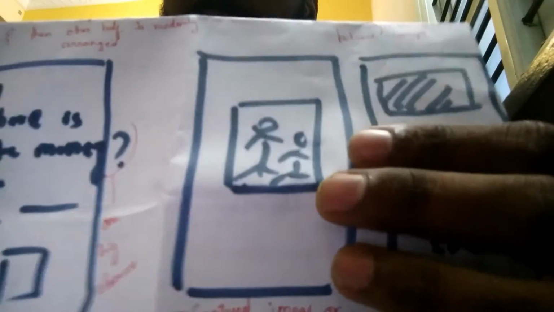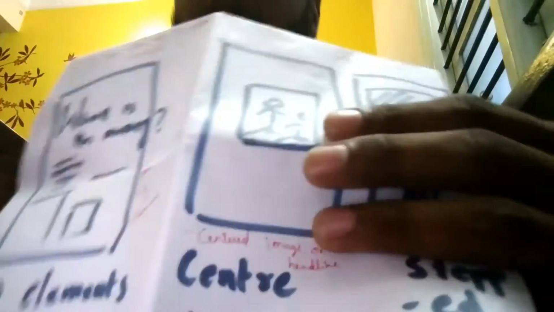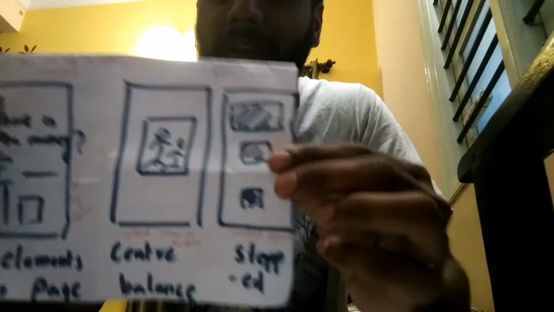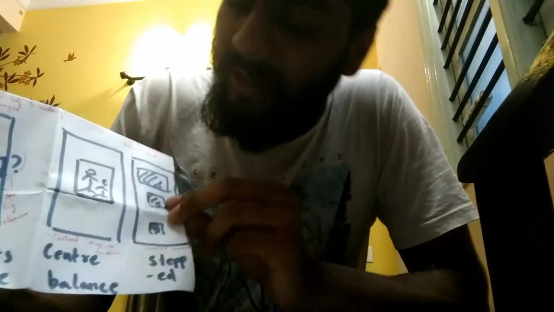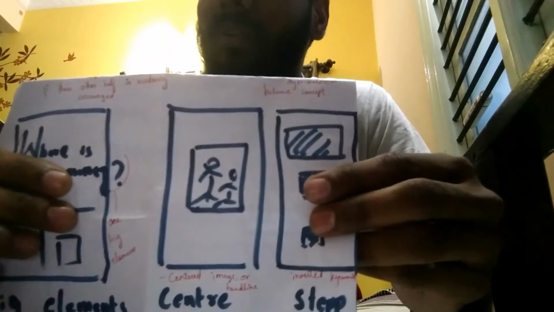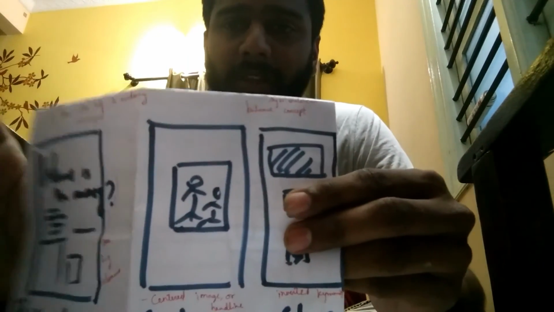You break the page. I think I have written here one big element. If you see here, one big element. You have that one big element in the broken page layout. All right. The next type of layout you have is center balance layout, not used in any of the mainstream newspapers. Most